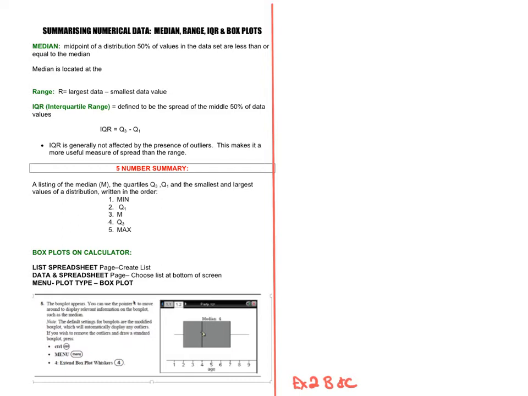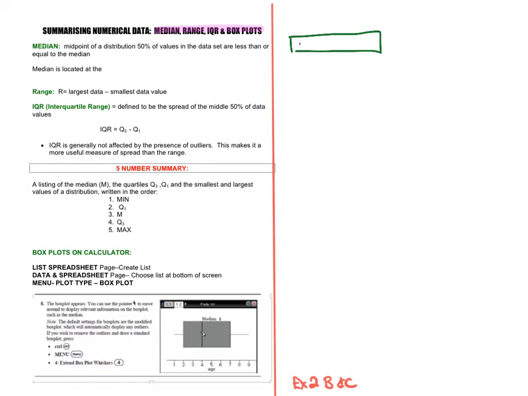Today we're summarizing data, and we're going to be looking more at the median, range and IQR, which is often represented all in a box plot. So we're looking at box plots. So what we have to remember is when we have our